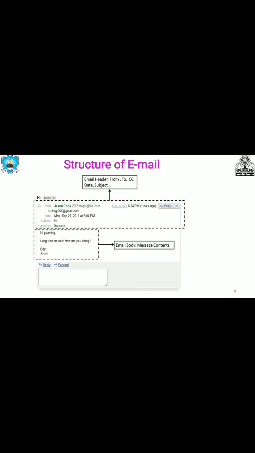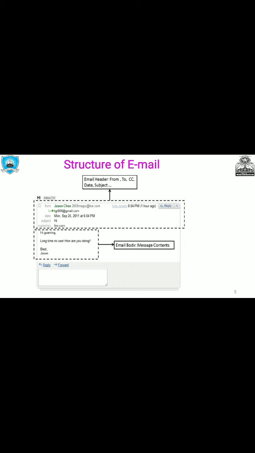In this case, the recipient's email address is like username@domain. The CC field describes the receiver of the carbon copy of the email. The BCC is blind carbon copy. The subject field gives a short brief regarding the email. Below the header, the section which actually contains the message is known as the body of the email.